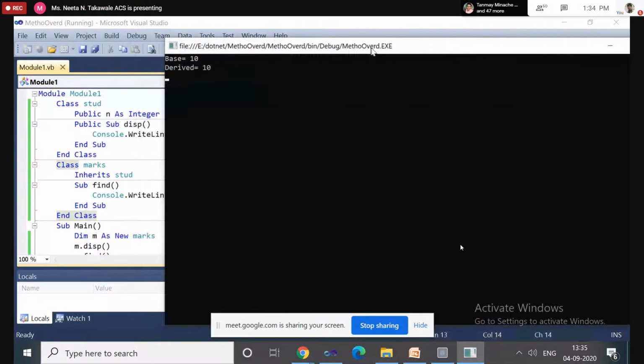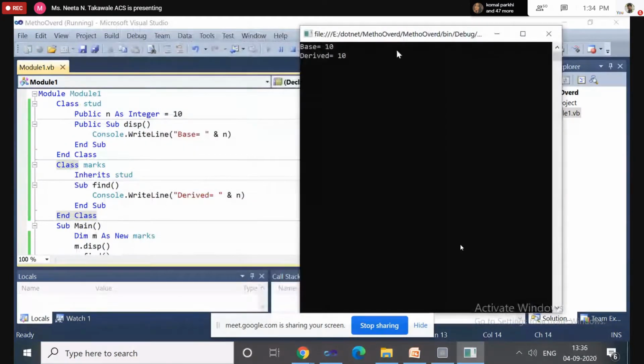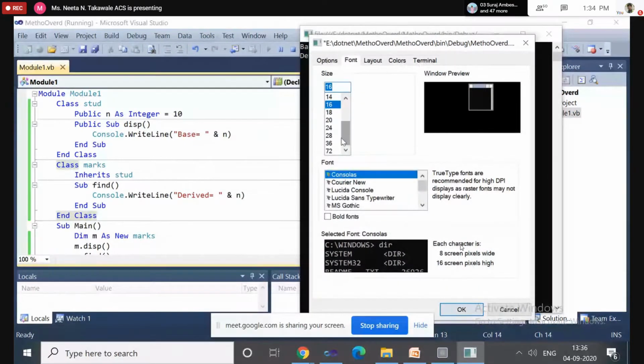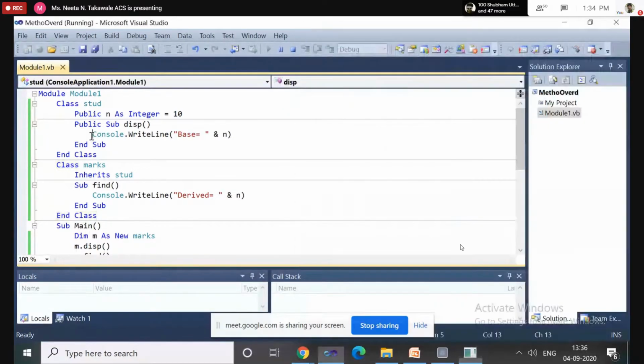Yes. Now see, it is showing the value base is equal to 10, because of this statement where we have written display.